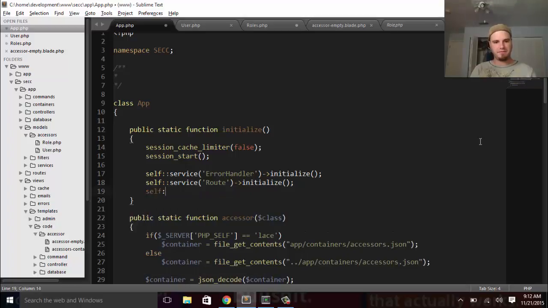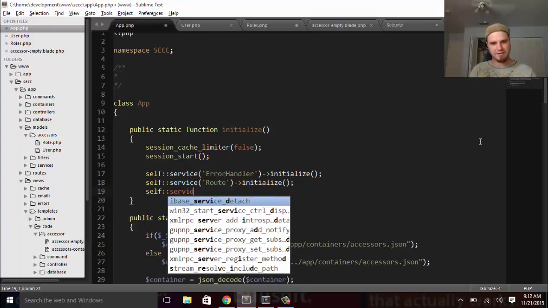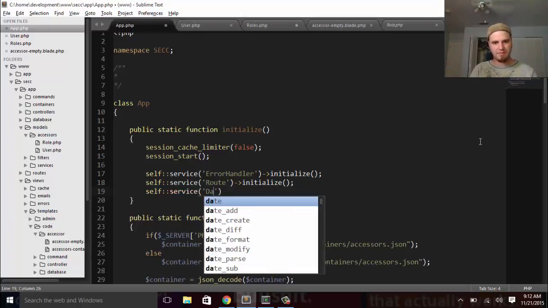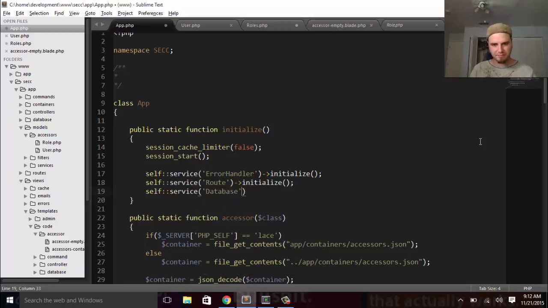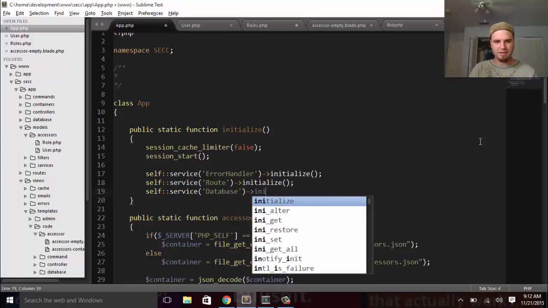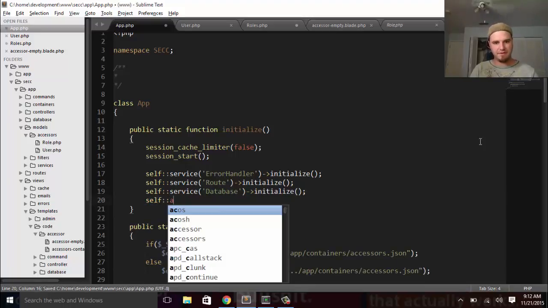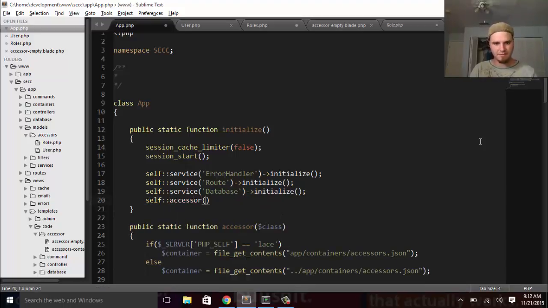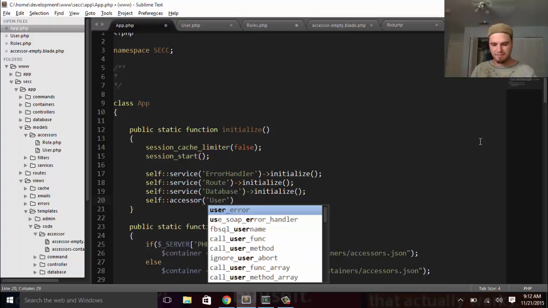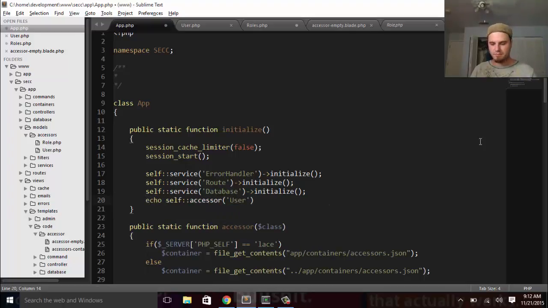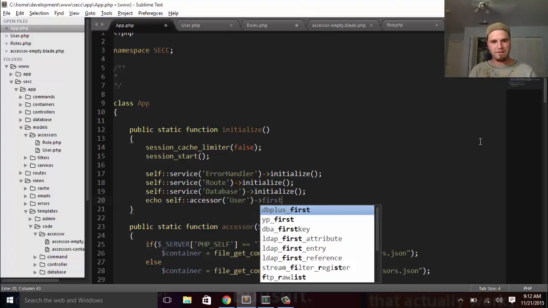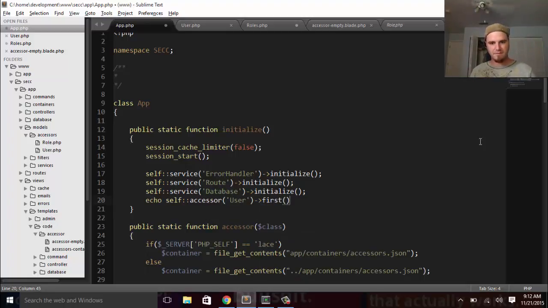Again, I need to service database initialize, and then I can self accessor user. Actually, it's an echo self accessor user first, or user